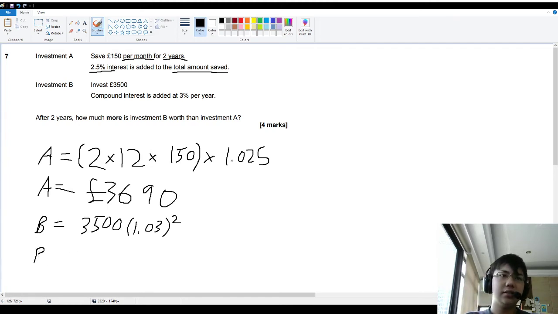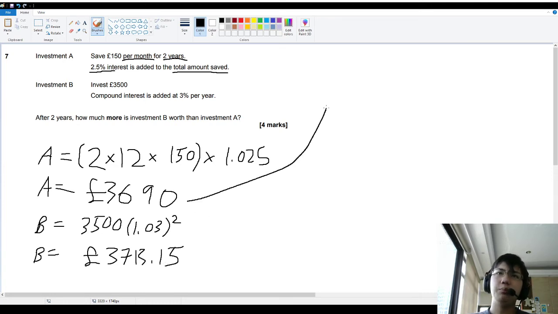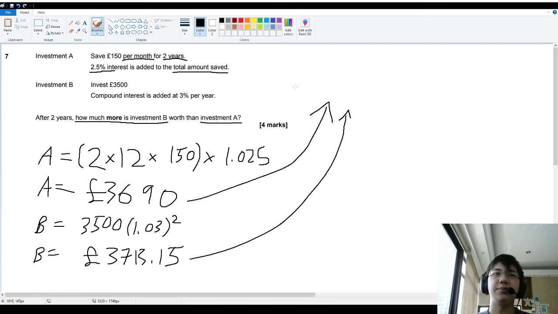This gives us an answer of £3,713.15. Using both of these values, we can figure out how much more investment B is worth than investment A